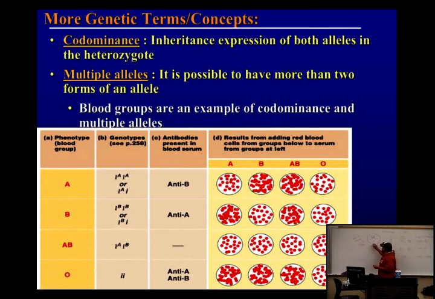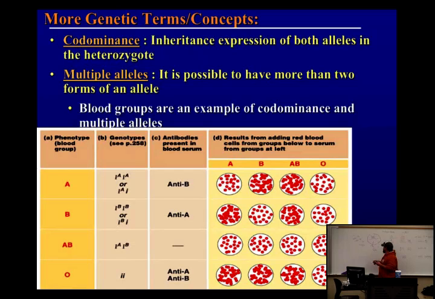Now, what does that protein do? It's just another cell surface receptor. But it doesn't do anything? So it doesn't affect whether or not you can take a blood type? It does, because just like the A and the B, right? If you have that receptor, would you make antibodies for it? No. So if you're Rh positive, you don't make Rh antibodies. But if you're Rh negative, what do you make? You make Rh antibodies. So if you're negative and you're making Rh antibodies, you couldn't take someone's blood that had Rh on it, because it would attack it and kill it, right? So if you're negative, you can't take a positive.